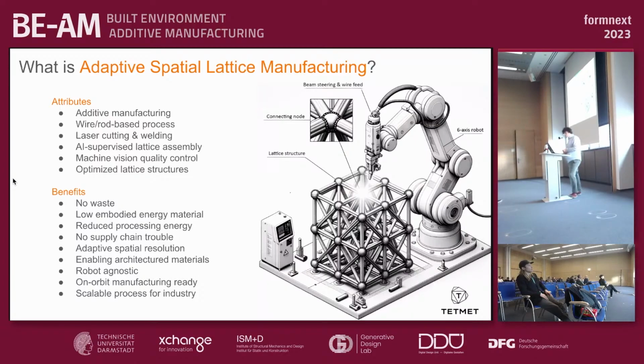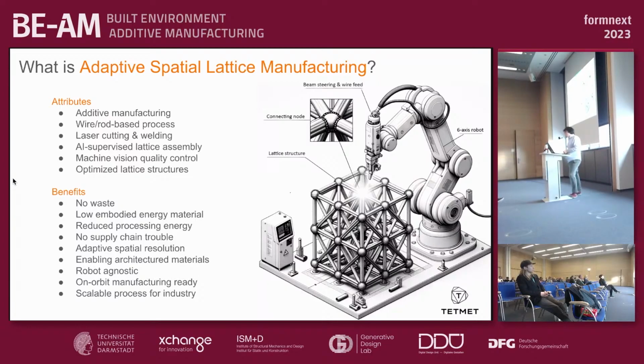This process is enabling large-scale manufacturing of architectural materials. It's robot agnostic, and it's actually being considered for on-orbit manufacturing, which can sound like science fiction, but there is actually a project at the moment to do that 5 years from now,